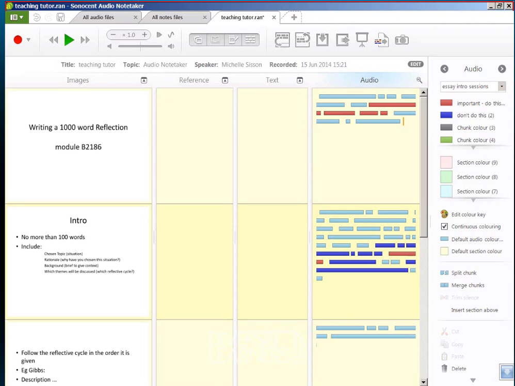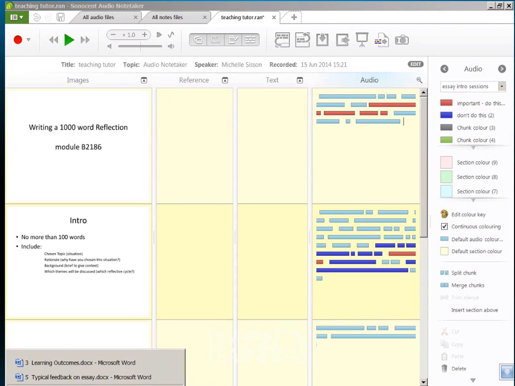So thinking of the rest of the information that the students got that's going to be useful, what we can do is add that information into this screen so that everything is together for the student to refer to later. So if we look initially at the essay question, which, as I said, comes along like this,